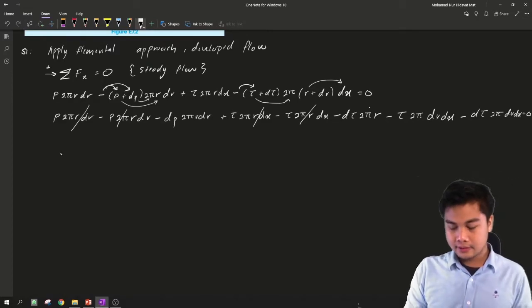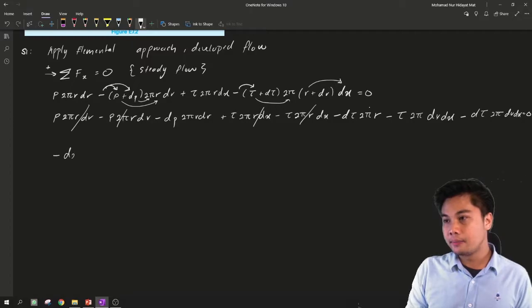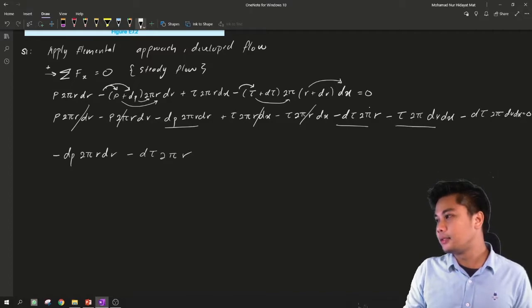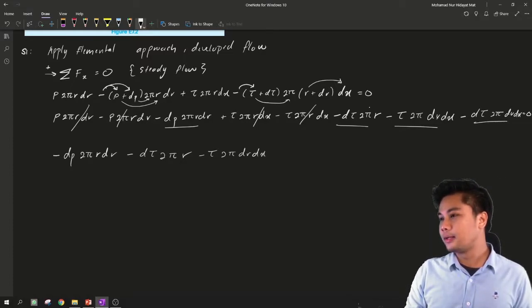Negative dp 2 pi r dr, and then this one negative d tau 2 pi r, and then this one negative tau 2 pi dr dx, and then the last one, negative d tau 2 pi dr